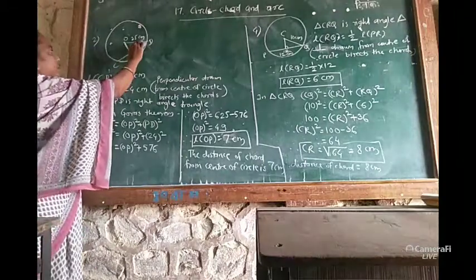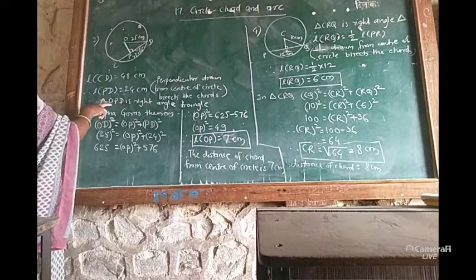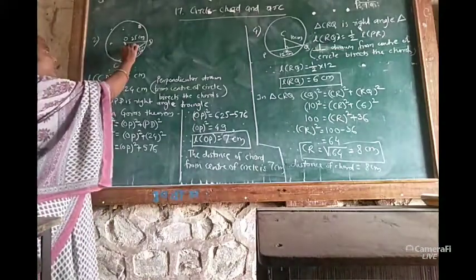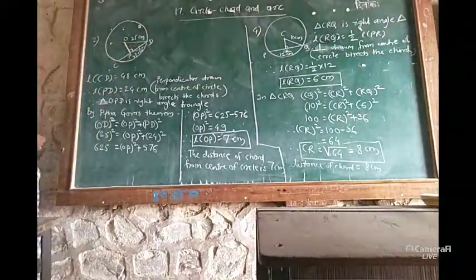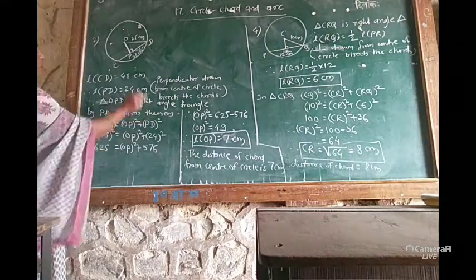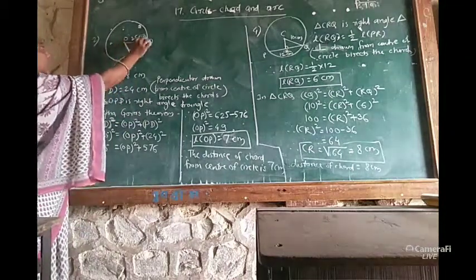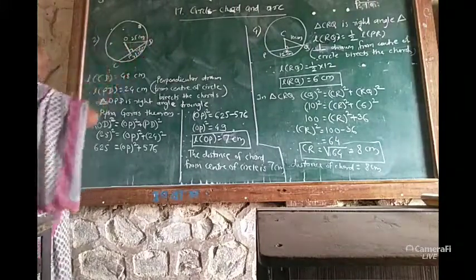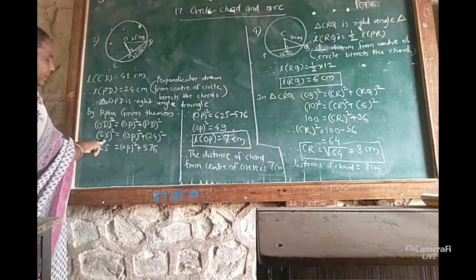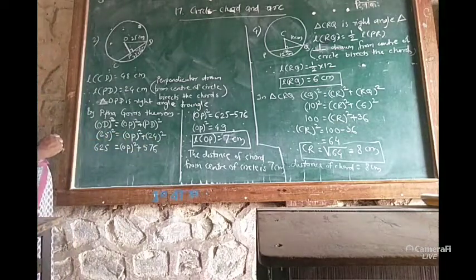Now we have PD as 24 centimeter, and you can see that triangle OPD is a right angle triangle, because OP is perpendicular to CD. According to the Pythagoras theorem, OD square is equal to OP square plus PD square. That means the hypotenuse square is equal to the sum of the squares of the remaining two sides. We have to put in the values of these segments. Now you can see 25 square is equal to OP square plus 24 square. Here OP is the distance between the center and the chord.